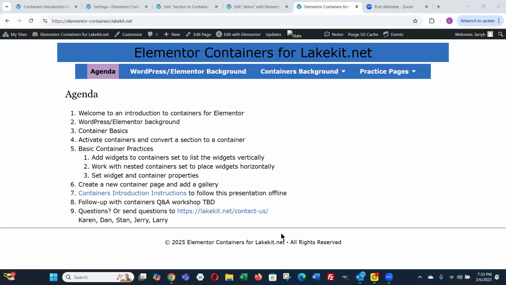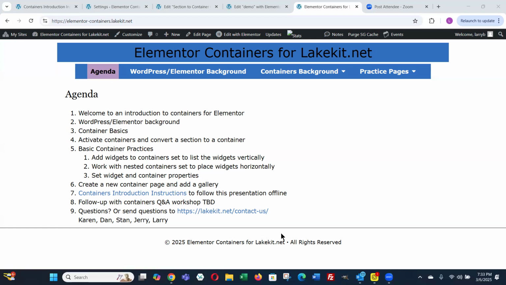For me, learning containers is not endless, but there's an awful lot that you can learn about containers, but you don't need to in order to make a very decent website. I guess you as the member have to decide how far you want to go. But we really want to encourage you, and we're available to help you start working with containers because over the long haul, that's what we expect to be more dominant.